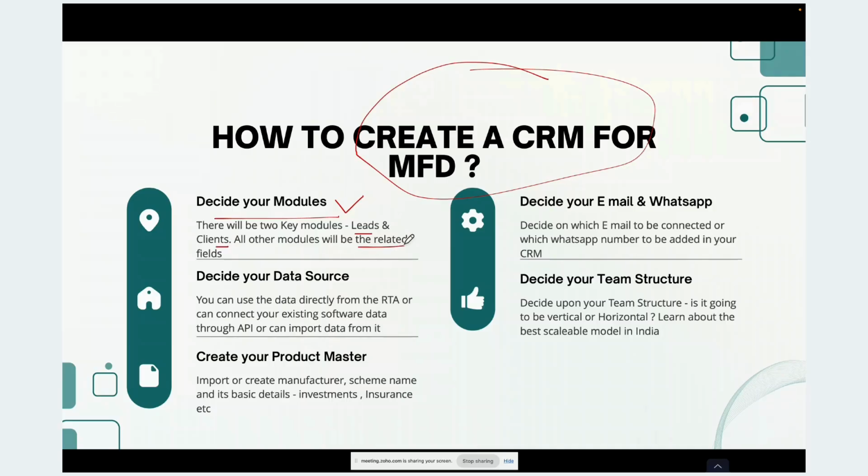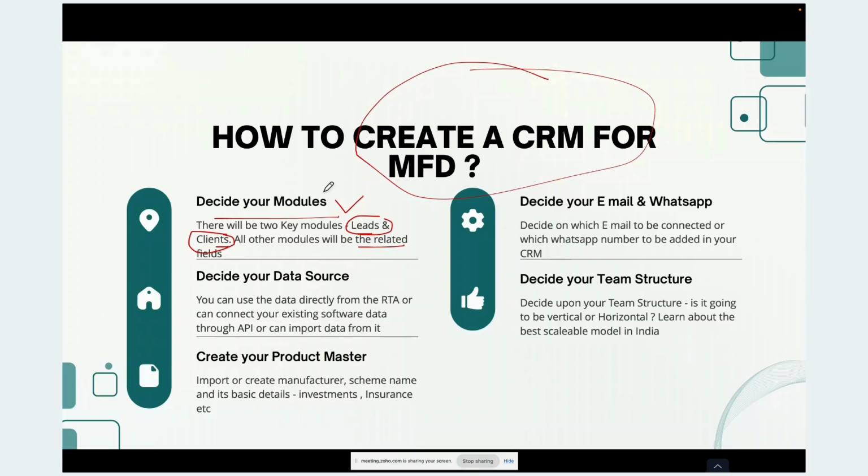So all are related. Like the client has a proposal, the client has a risk profile, the client has a product, the client has a folio, the client has an insurance folio, the client has a mutual fund folio. So everything is the client. So these are the two big modules, and then all are child modules. And under the child modules, we have many modules. So those modules become your menu. I will show you how it acts in the interface, and this is how we create.